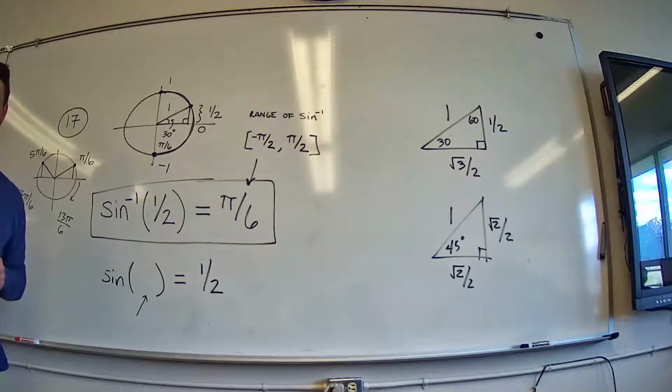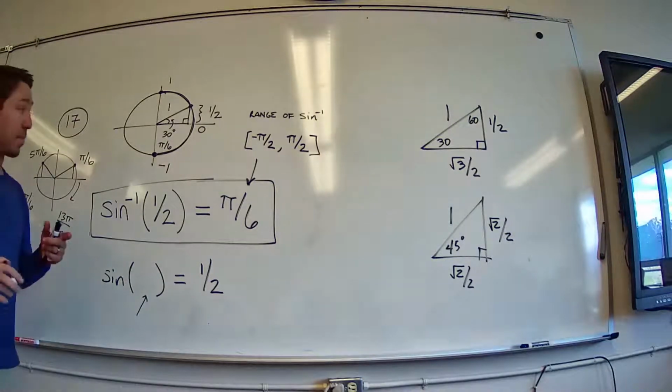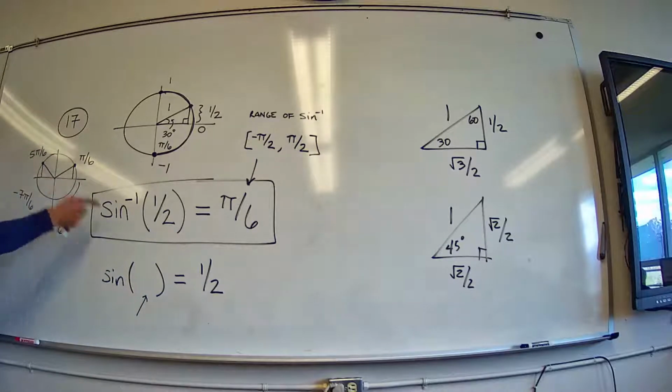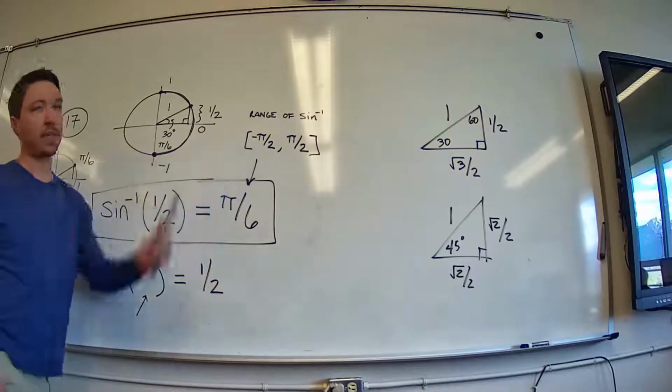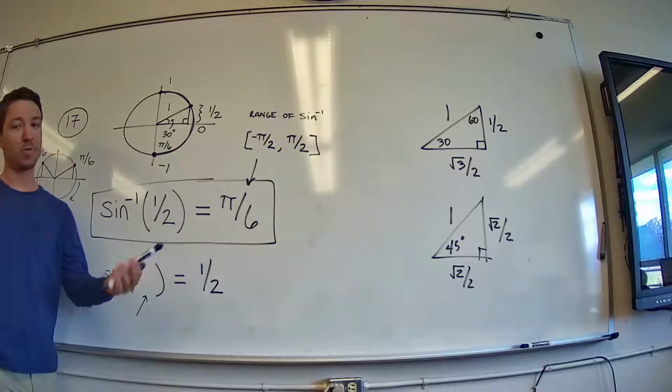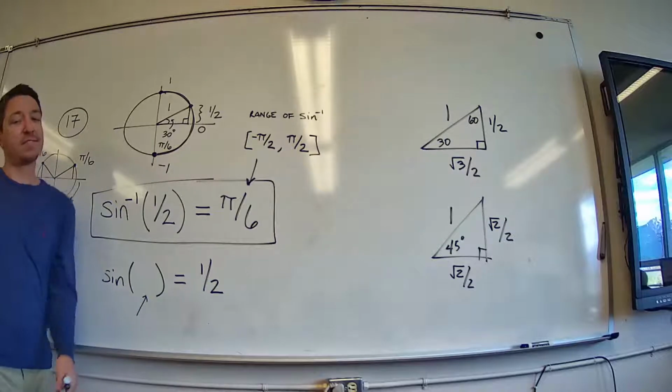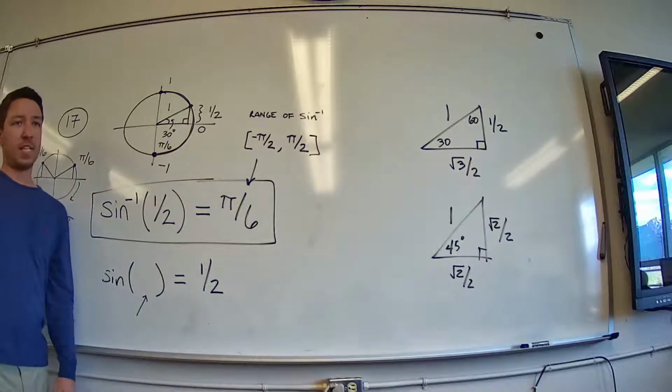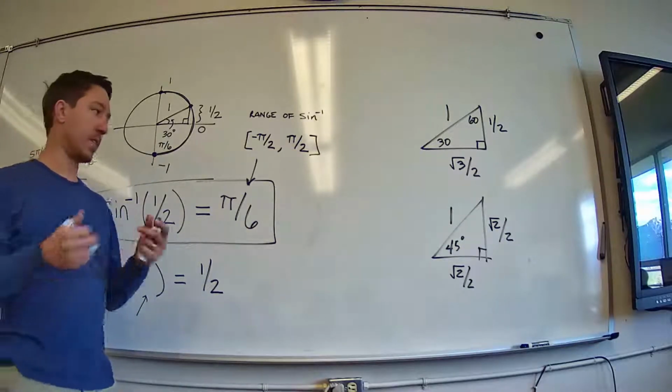Does that make sense? So is it possible then for this to spit out the number 5 pi over 6? No, it's not, because 5 pi over 6 is not in that range. So it's a little bit of a cheat, right? Because if you look at the sine function, here,